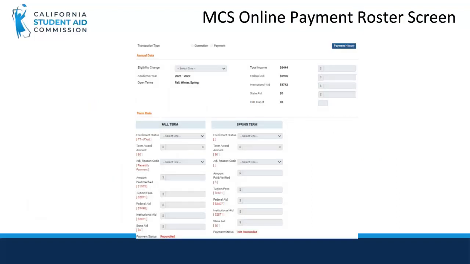The recertified payment status only occurs with the middle class scholarship program. A payment becomes a recertified payment when the term has an existing payment in place and the campus applies a correction which recalculates the middle class scholarship award. A correction was applied at the annual or term level to a record that has a reconciled payment. The correction causes the award amount to recalculate, which may no longer be the same award amount that existed when